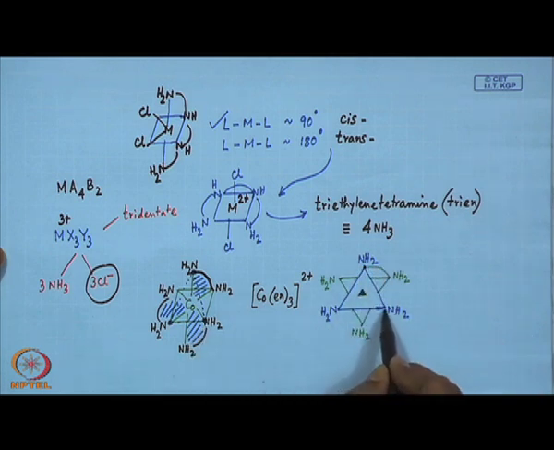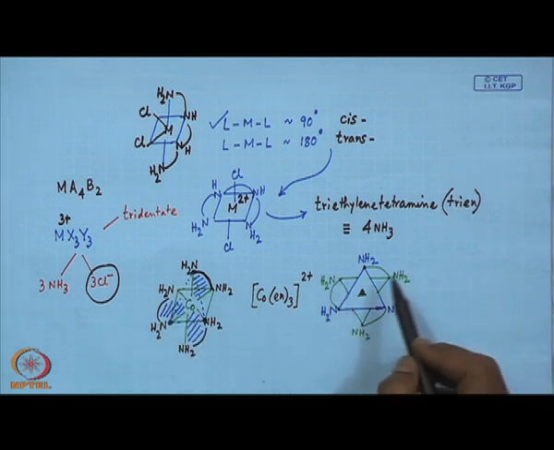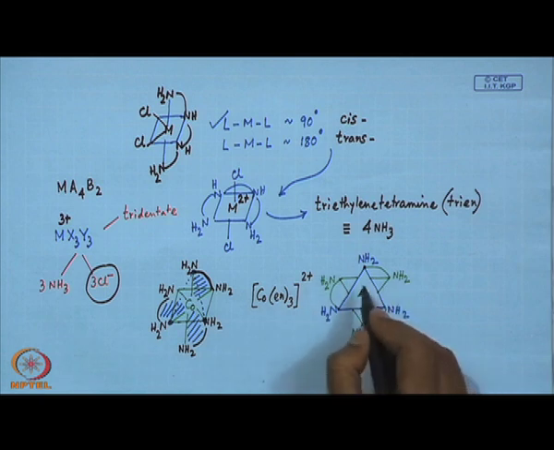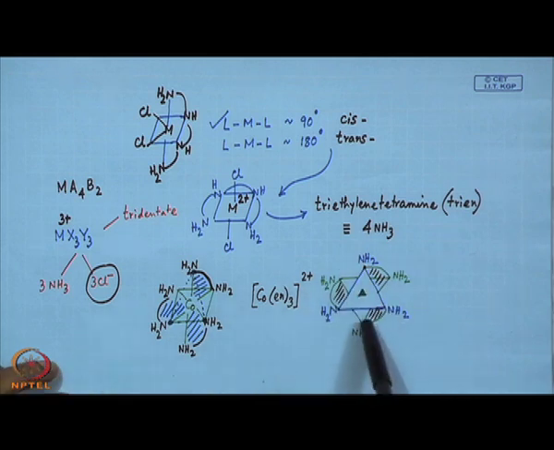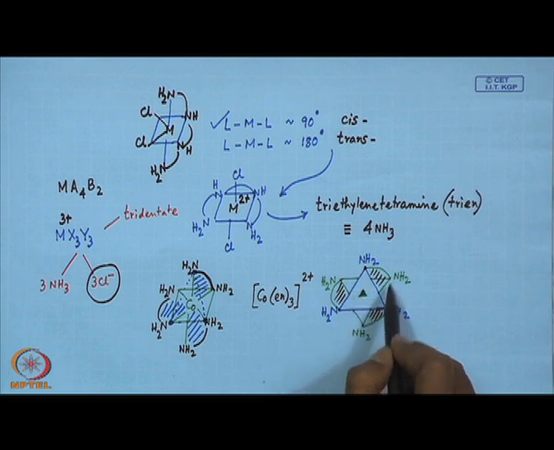So, the second one is like this and the third one is like this. So, we have the basic structure for these 3 planes. We have one plane like this, the second plane like this and the third plane like this. Once we move from here to here, here to here, here to here, we basically get a clockwise movement. So, we can consider this as some propeller blade type of arrangement.